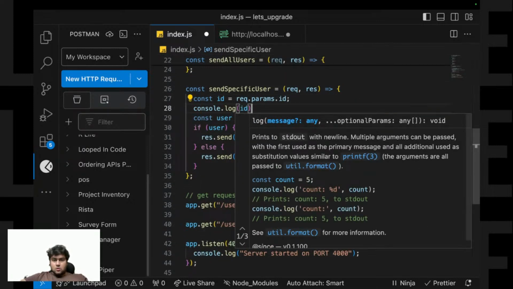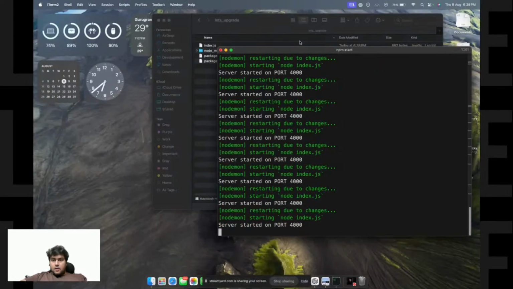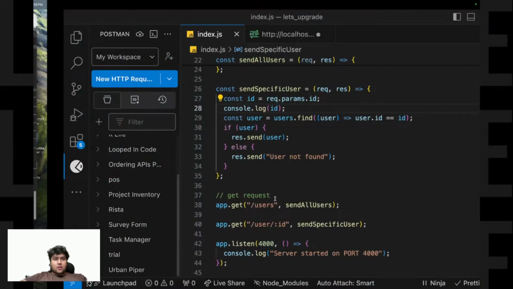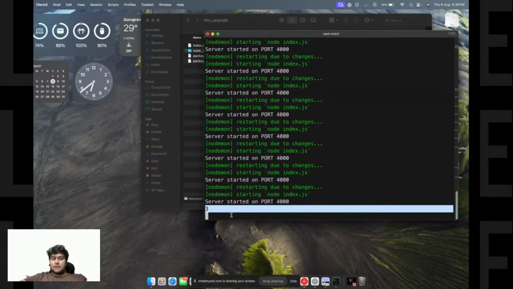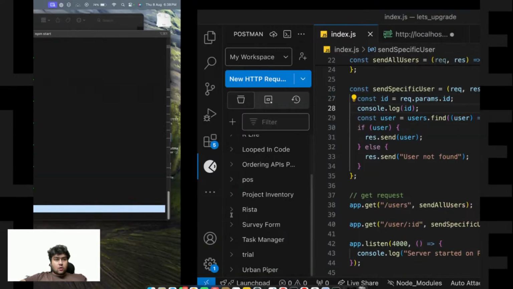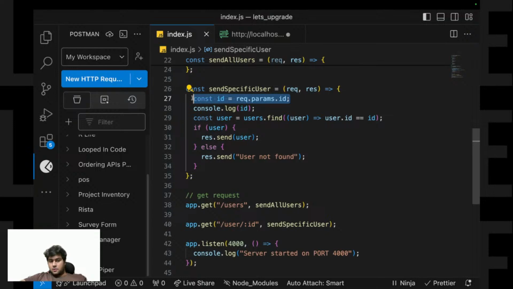Okay, so if you can see over here, if I send the 3, I can see 3 over here, since I requested for third ID. If I click on 4, even though fourth ID does not exist, the param ID was mentioned as 4.